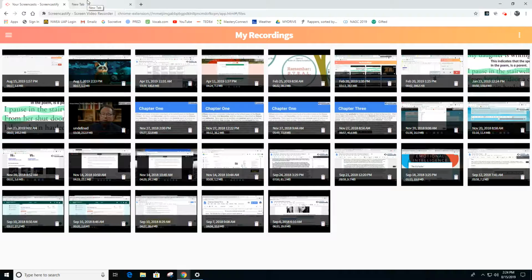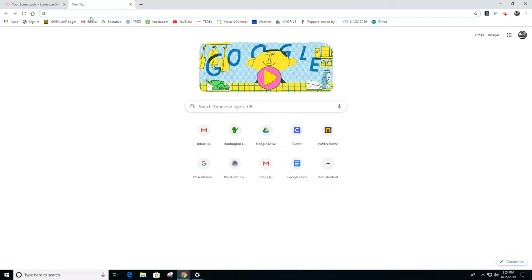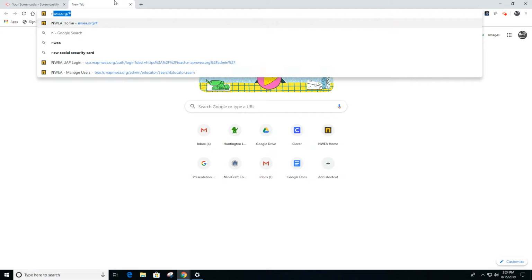I want to give you a rundown of how to administer your MAPS tests, at least as it applies to the middle school and the way the middle school is set up. If you need to get to the MAPS server, you don't have to use a secure server to administer a test. You can type in